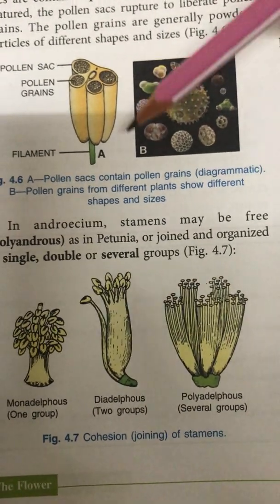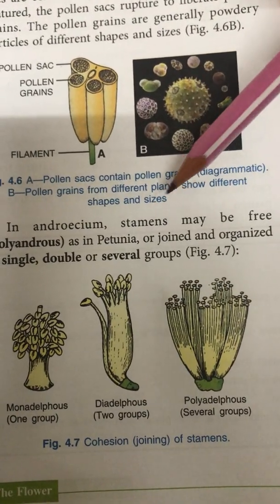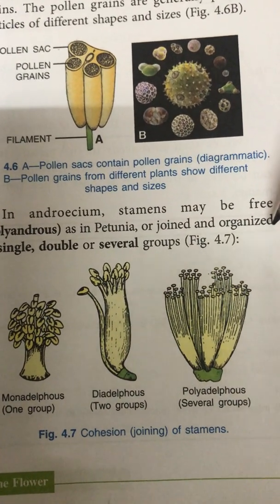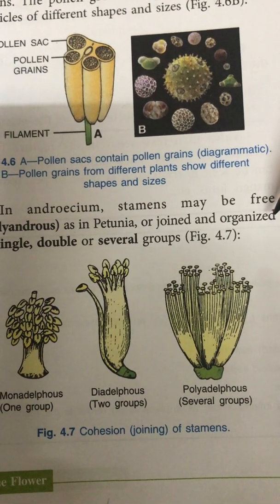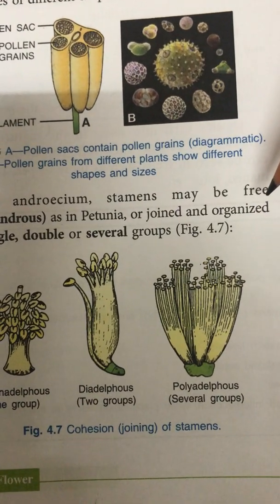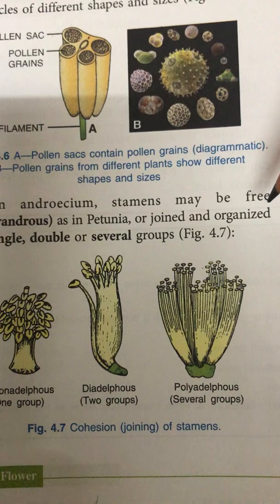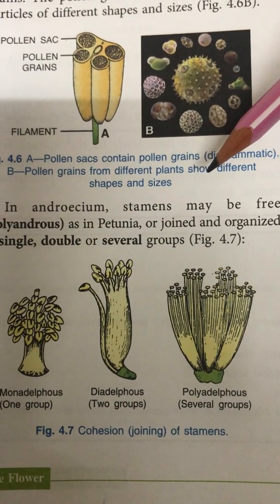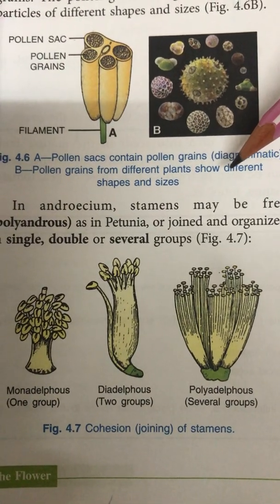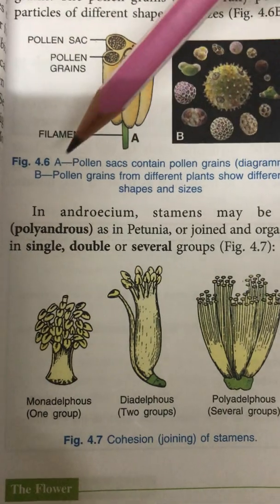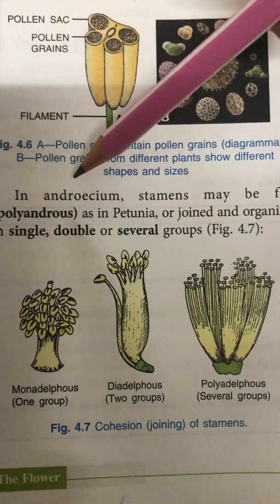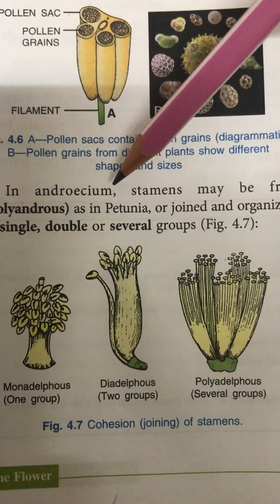In some androeciums, stamens are free, whereas in some they are fused. Like we spoke about sepals being free, a condition which is called polysepalous, or sepals which are fused, a condition of calyx called gamosepalous. Likewise, we have studied two conditions in corolla, polypetalous for free petals and gamopetalous for fused petals. Likewise, in androecium also, a number of conditions are there. So note down the first one, that is polyandrous, but you will write it as the condition of androecium, just like we wrote for calyx and corolla.